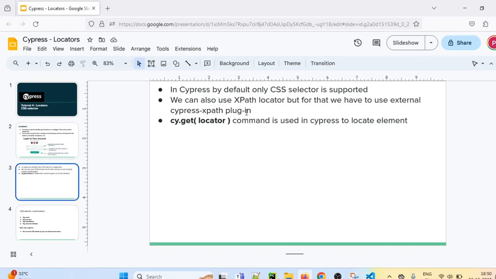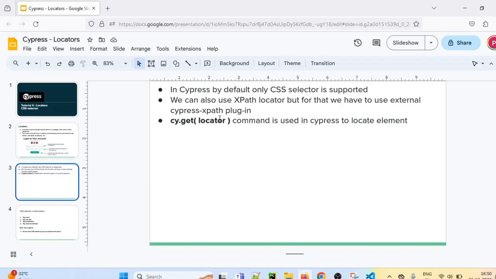So by default Cypress does not support XPath directly, but by using the external plugin, we can also use XPath in Cypress. And what is the command we use to locate the element? cy.get. This is the command used in Cypress to locate a web element. In cy.get, we have to pass the locator, and that locator can be a CSS selector.